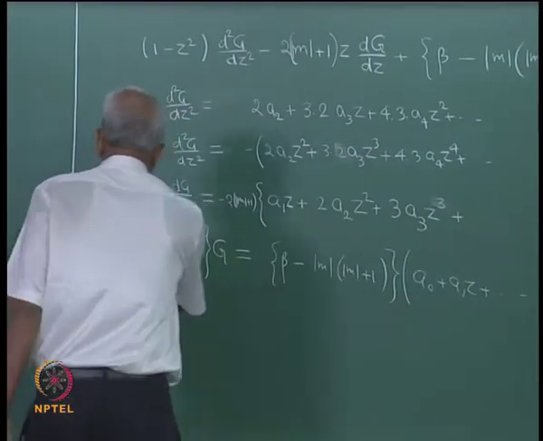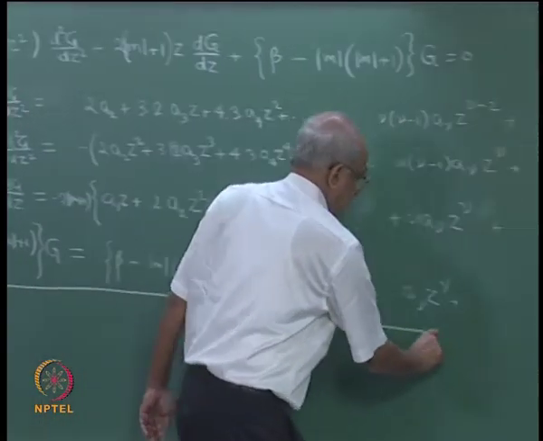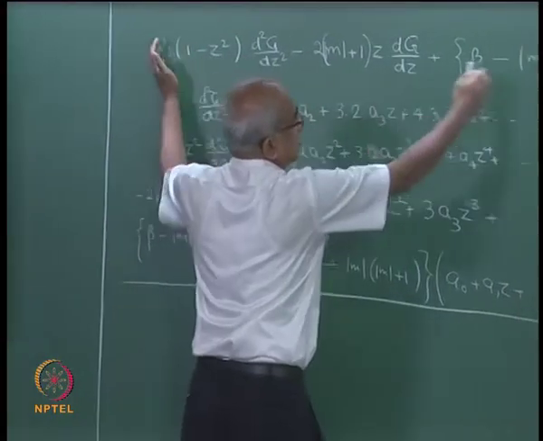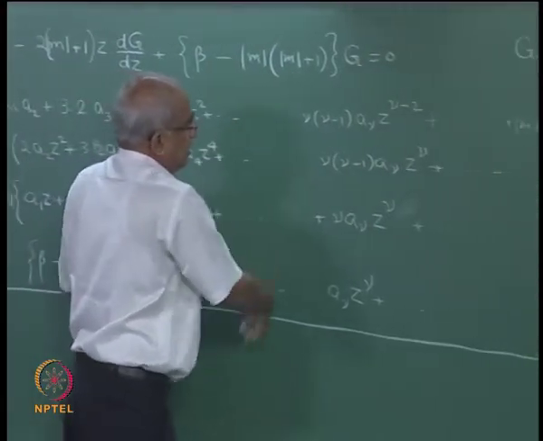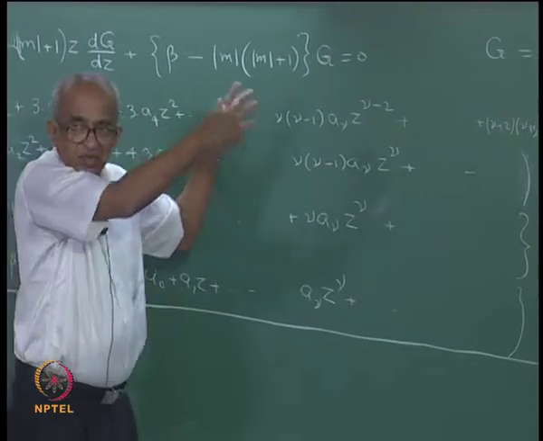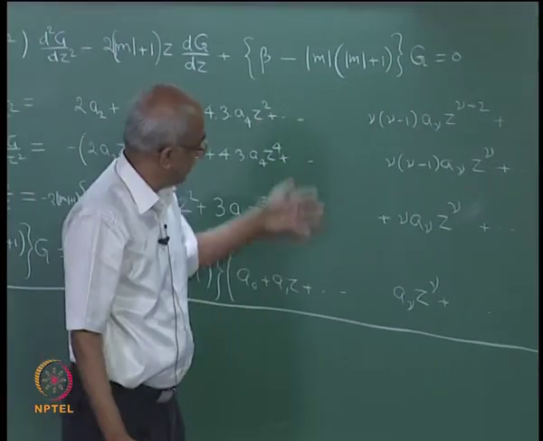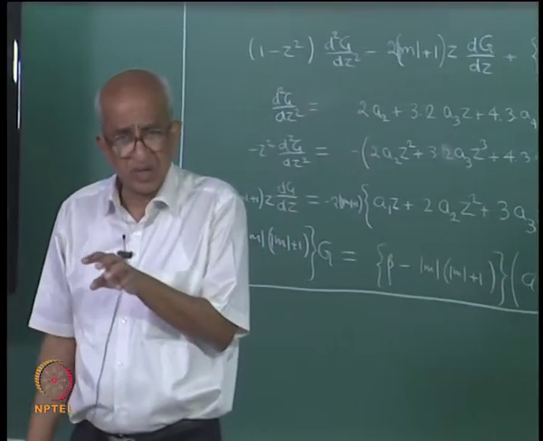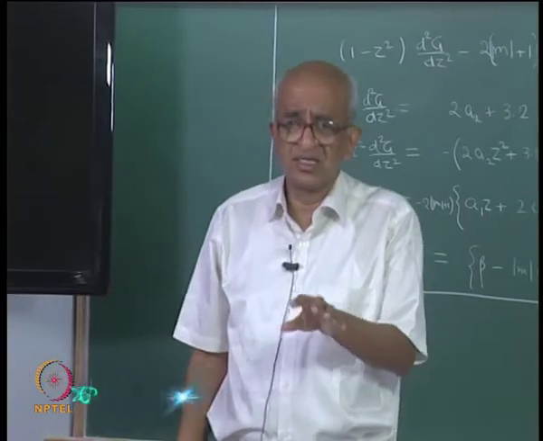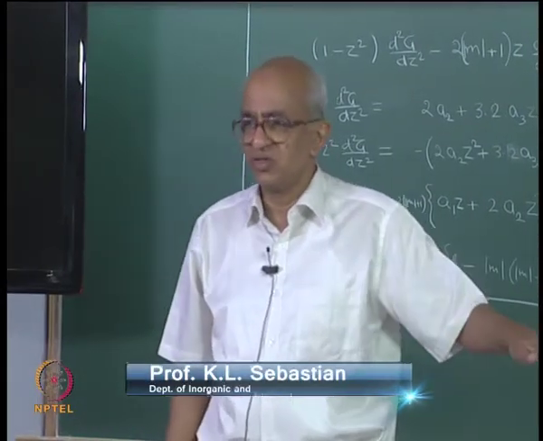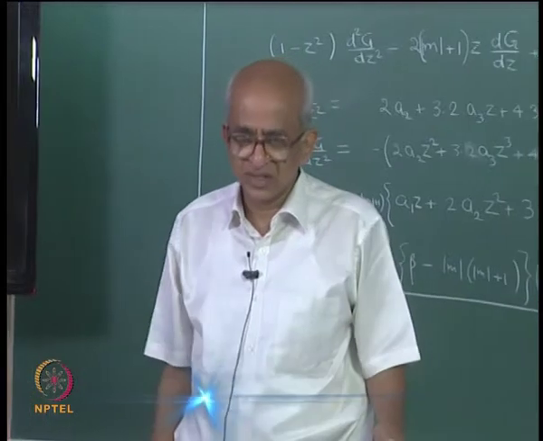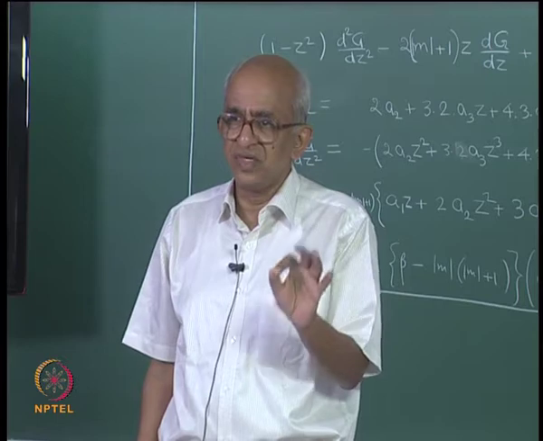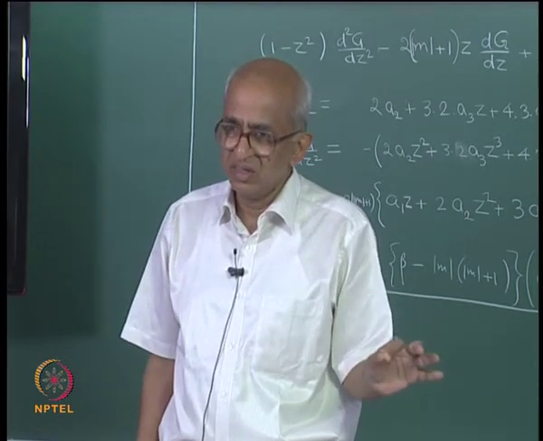So, you have to add up all these things, and when you add up, you see on the left hand side you are going to get just these terms, and therefore, the sum of those terms should be equal to 0. If you added up all these things, what should happen? The answer should be equal to 0. But this is a power series in z, and you are saying that this power series in z must be equal to 0 for all values of z. That can be valid only if the coefficient of each power of z must be equal to 0.